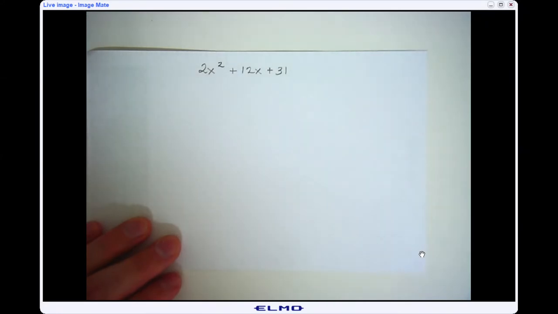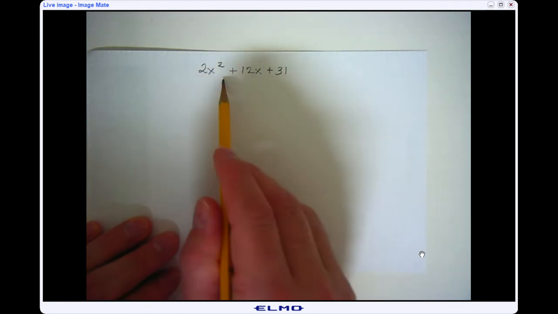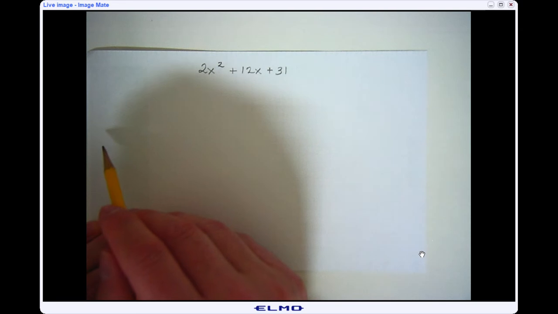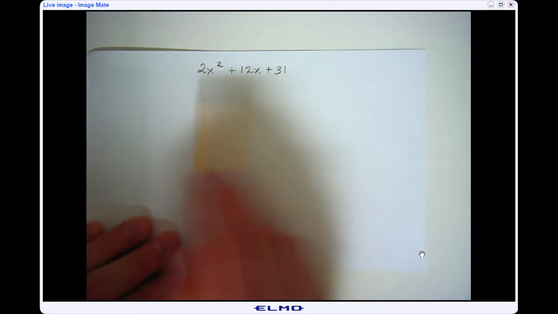Hello, this video is to do level 3 of completing the square graphing form. I consider this level 3 because in this case, the a value is not already a perfect square, so you're going to have to adjust this equation to start. So one thing you could multiply everything by is 2, and by multiplying everything by 2, I can create 4x squared,